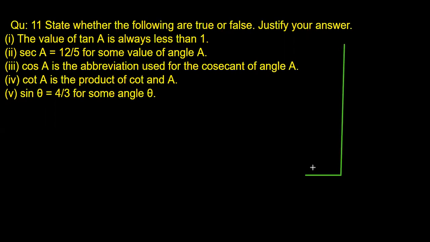Here we go. I've drawn a right angle triangle. And this angle is 90 degrees. Let's say this is B and here is A. All right, so this third vertex C. What do you see? What would be tan A? Oh, from SOHCAHTOA,